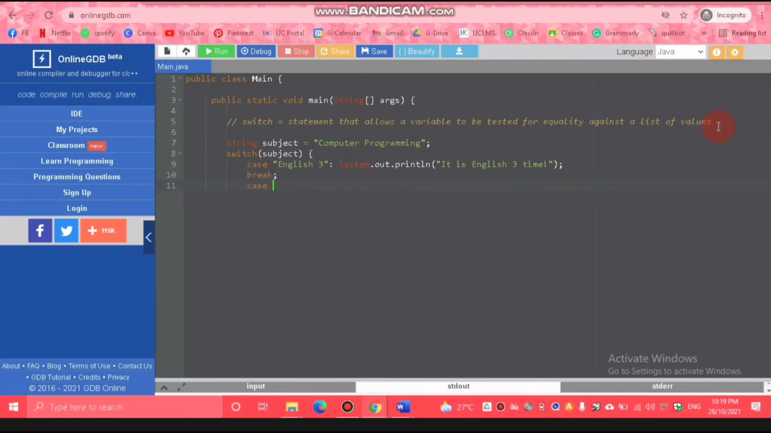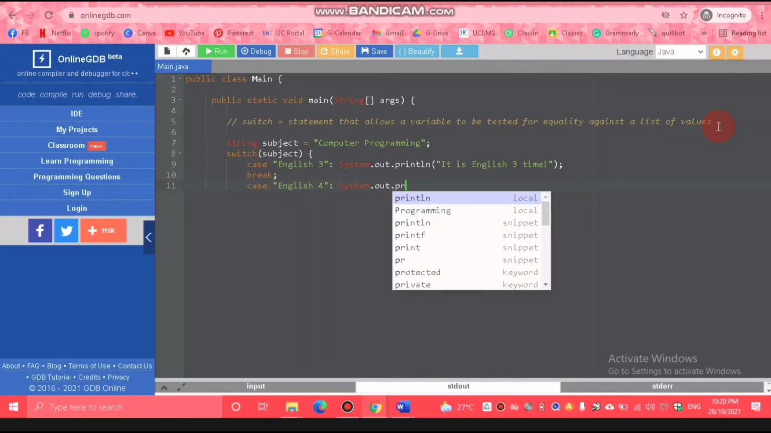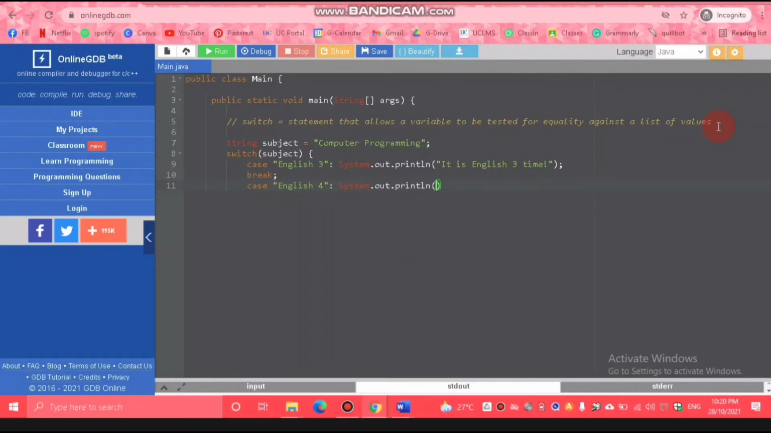So let's create another case of English 4. System.out.println. It is English 4 time. Then semicolon. Then put a break. So I'm going to copy and paste, change the English 4 to computer programming, and I will print it is computer programming time. So I'm going to repeat this process a few times,